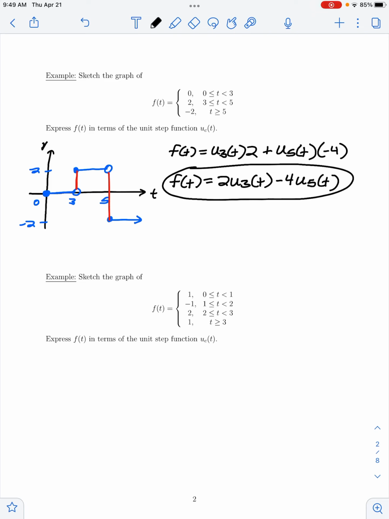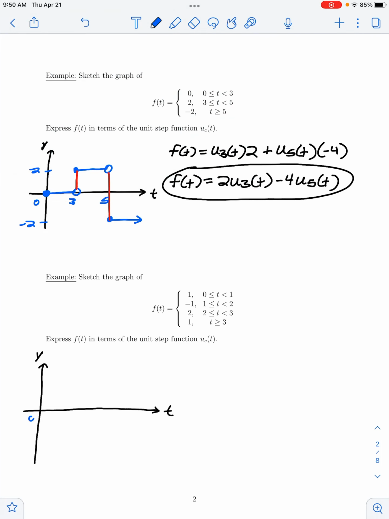So let's look at another one. In the next problem, we have the same sort of question. We're asked to sketch the graph of this piecewise defined function f of t, and then express that function in terms of the unit step function. So again, let's start with the graph here. In our ty plane,